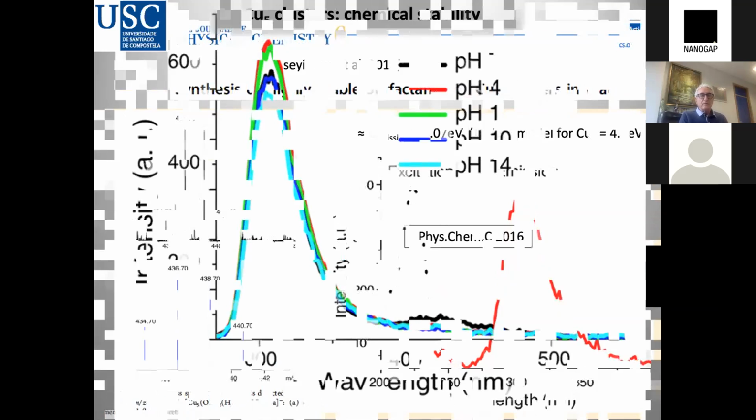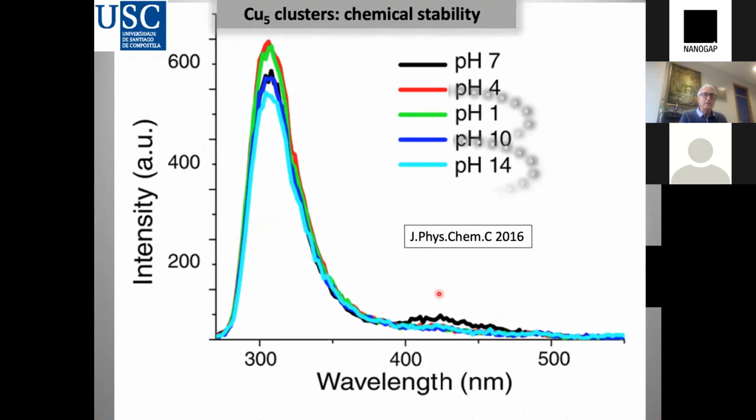And you can follow, for example, the stability of the clusters. These clusters are made with material which is easy to oxidize. But these silver 5 clusters you can put in nitric acid or sulfuric acid at pH 1, or in a very strong basic medium like pH 14, and nothing happens. So the clusters are very stable in terms of chemical stability. It's very difficult to oxidize or to reduce the